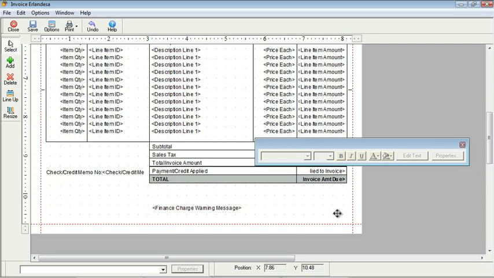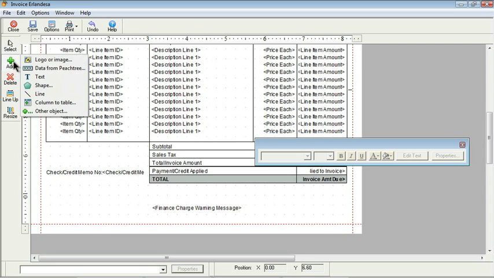We're a spa, so a black and white invoice is kind of boring. And I'm thinking that maybe one of the ways to do that would be to add a bar or a line, if you will. If I move to the toolbar on the left-hand side, I have an Add button. And when I click on this, I can see all the different things that I can add in the Form Designer. Logos or images, data from Peachtree,